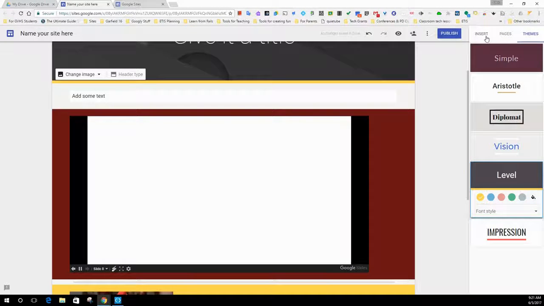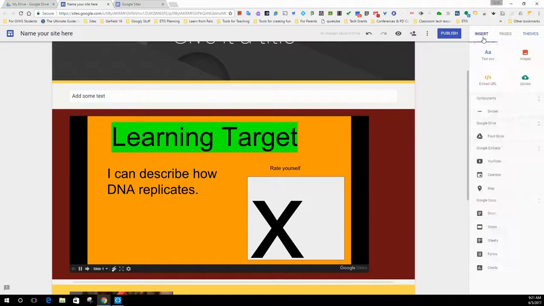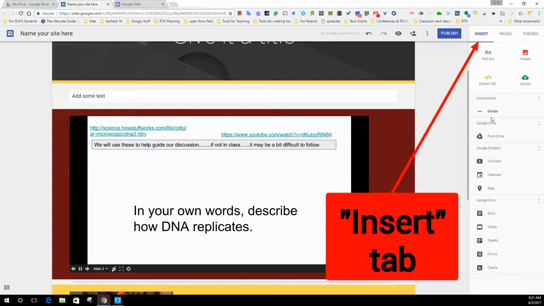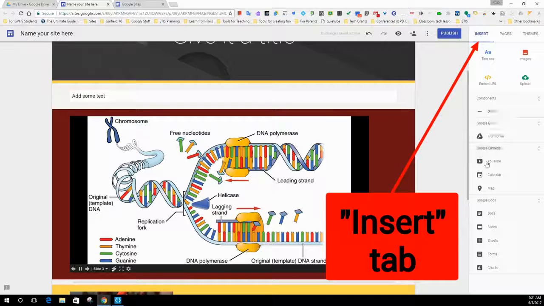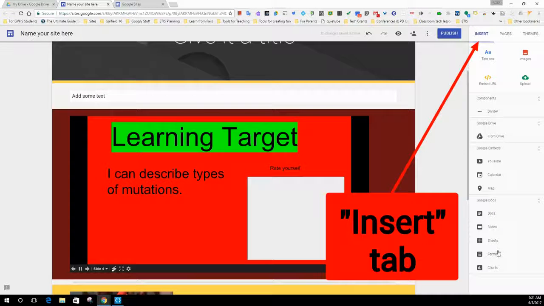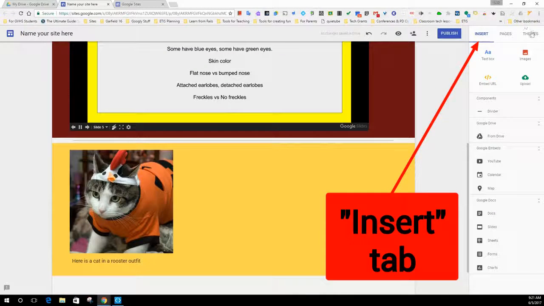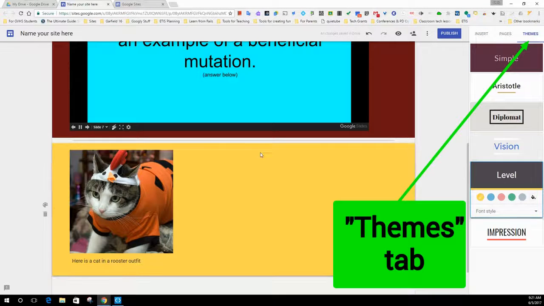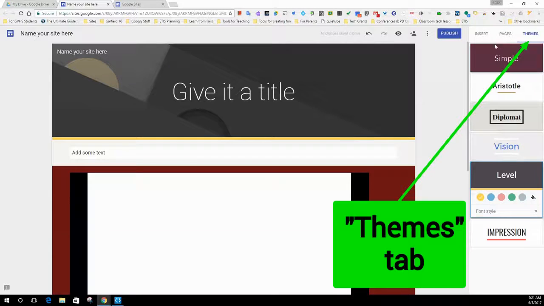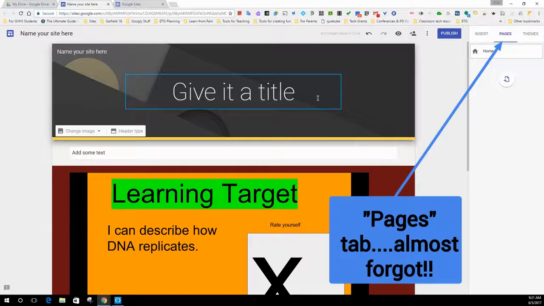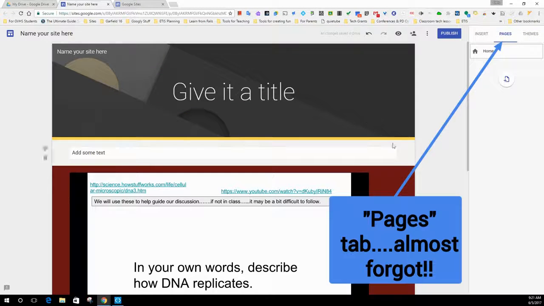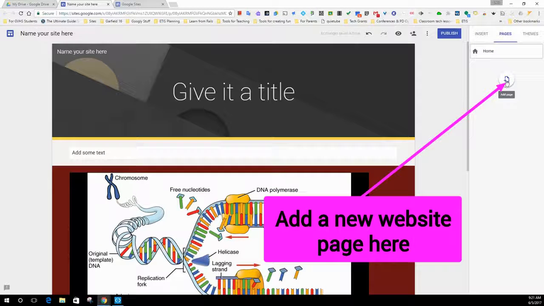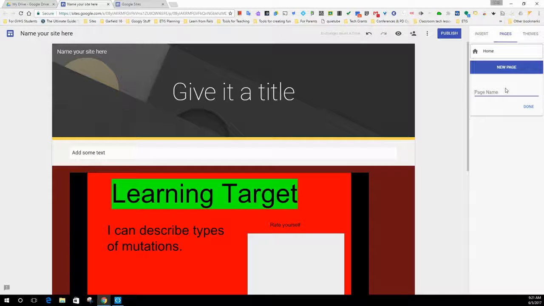That's a pretty quick overview of what Google Sites will do for you. Again, here's the insert button where you can insert media from your drive, docs, sheets, slides, all these things. Here's the themes button that I navigated to so I can change some of these backgrounds. The other one that I'm going to show you here is pages, and this is how we create new web pages in our website. Click on this add page button, give it a title,